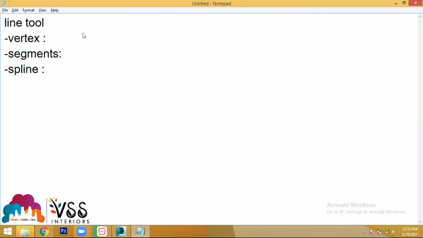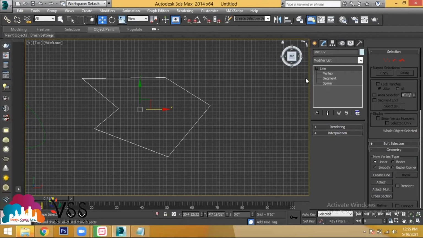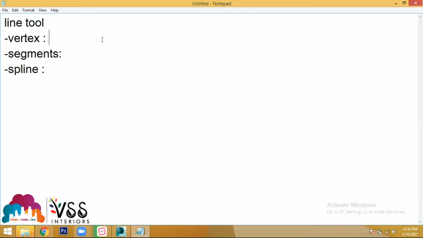What is the first type of selection? That is called vertex. Vertex is nothing but selection of endpoints of the object. Selection of endpoints of the object is called vertex selection.